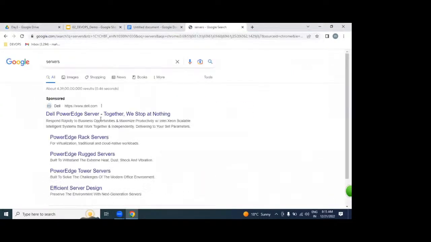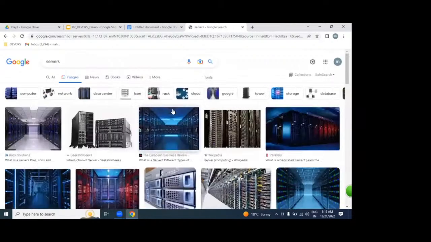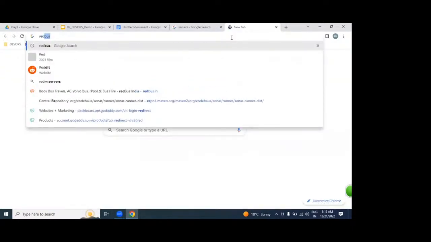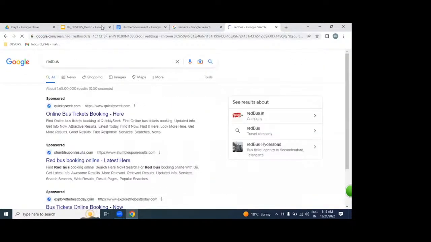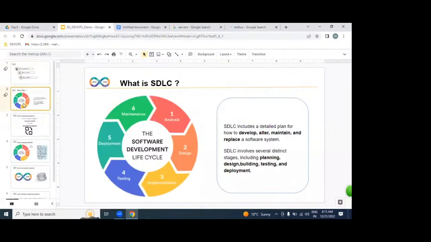On server side. Once it is placed on server side, we can access it over the internet as a website. But if you want to produce a Flipkart or Redbus kind of application, we are going to be using SDLC.